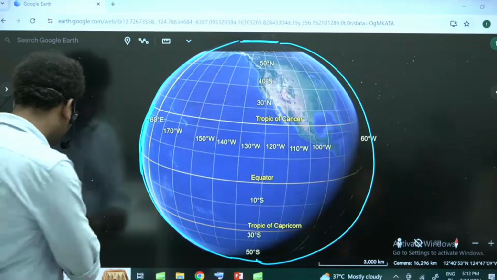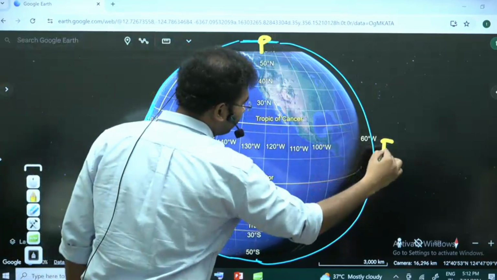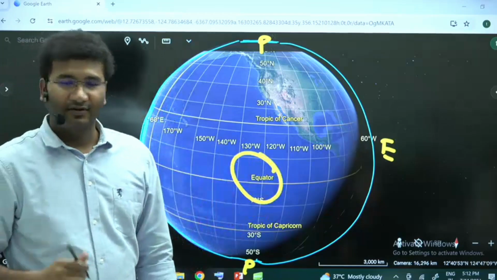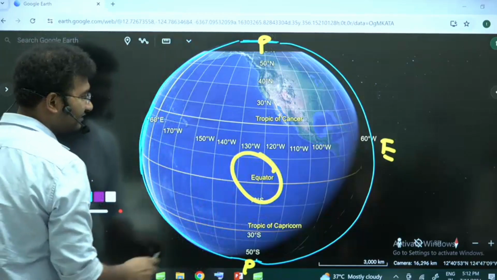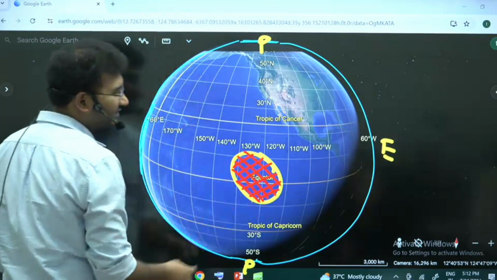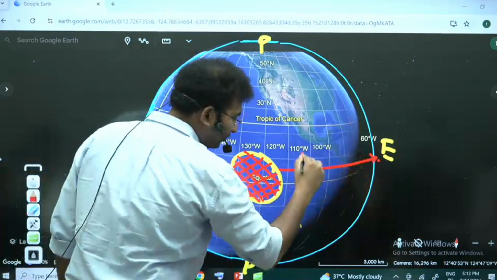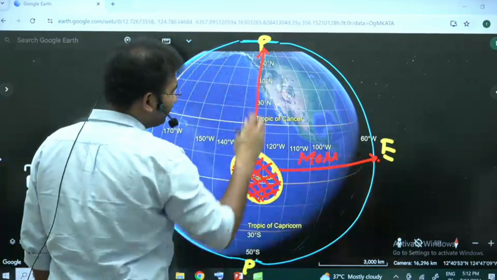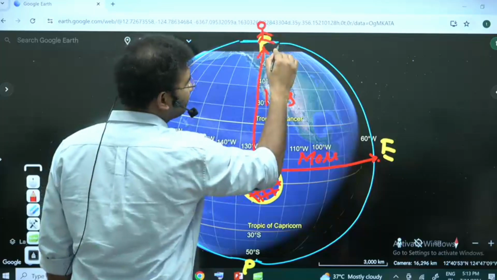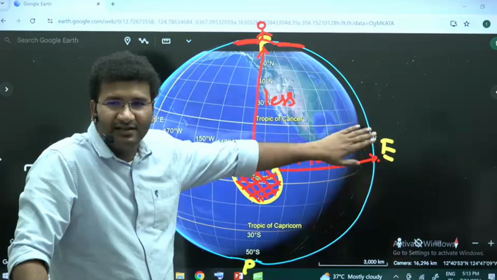Right? Where do you have the high gravity? Is it at the poles or is it at the equator? Why do you have high gravity at the poles? Because the major reason for the gravity of the earth is the inner core and outer core. This is leading to the gravity. Now as you compare, the distance from the center of the earth to the equator is more. But the distance from the center of the earth towards the pole is less. That means anyone who is standing here, not just a person, the rocks, the water, they experience more gravity. And this water experiences a little less gravity.